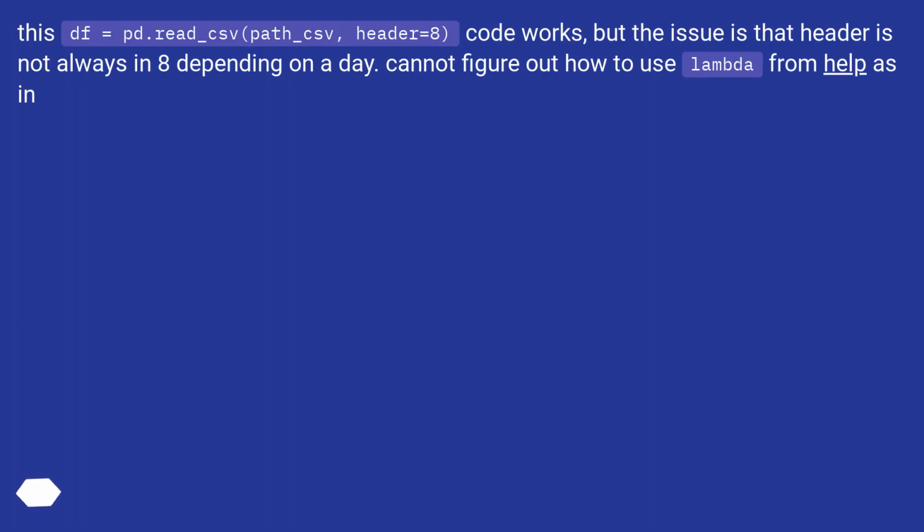This df equals pd.read_csv(path_csv, header=8). The code works, but the issue is that the header is not always in row 8, depending on the day. I cannot figure out how to use lambda from the help, as in: